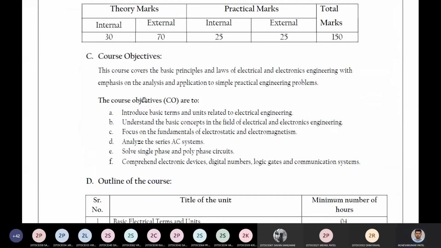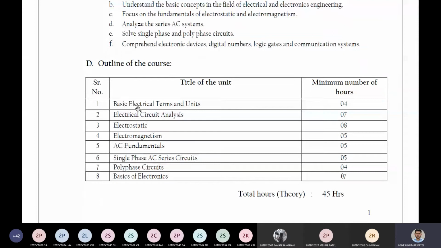And this is your course outline. What you are going to learn from this subject is basically the part of the studies you have already completed during your 12th, I guess. So basically, the content of this subject is this: basics of electrical terms and units. For example, you have studied Ohm's law, you have studied amperes, voltages, what is power, what is energy. You know what is AC, what is DC. All those parts will come under these basic terms and units.